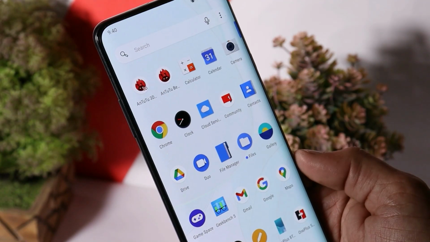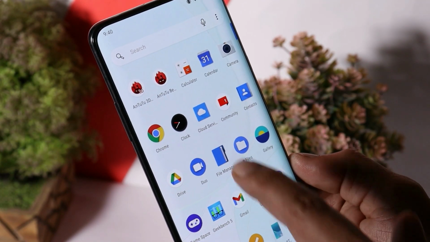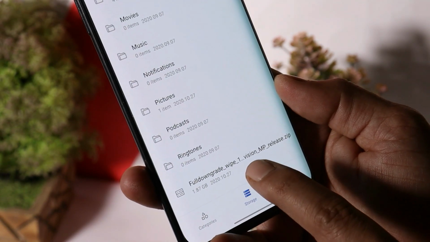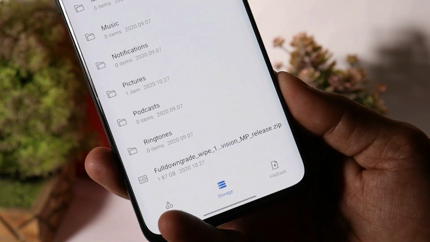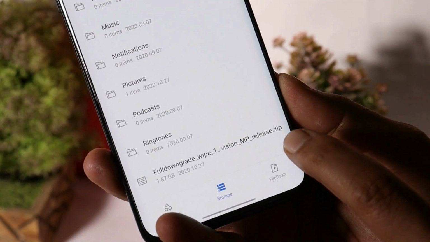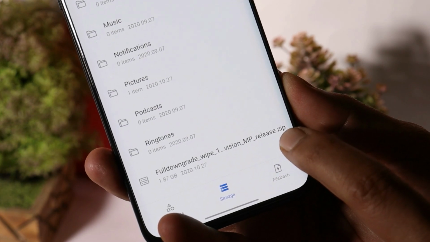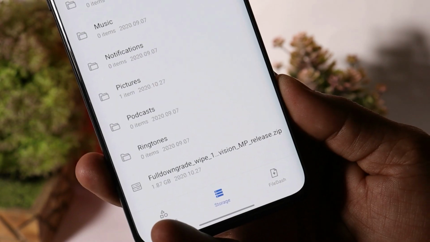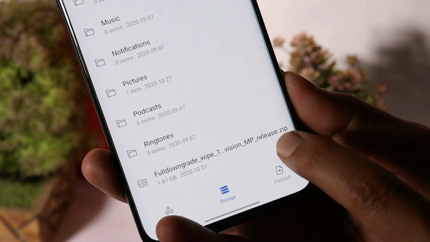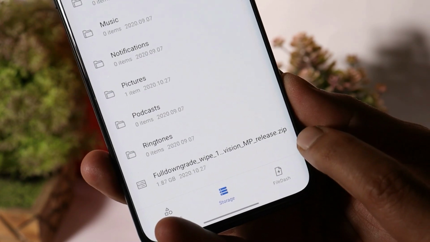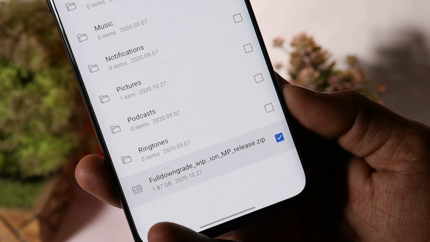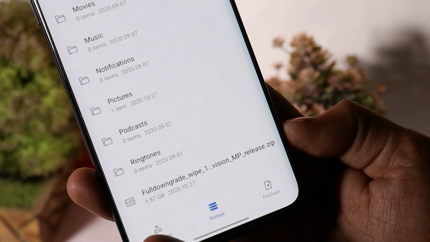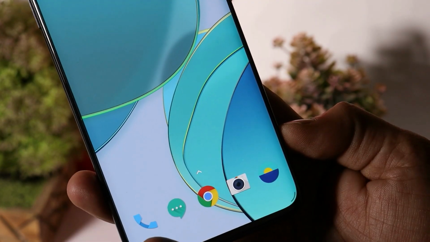So I've already taken the backup of my device, and once you download the file, you need to place that file inside the internal storage. So here you can see I have the full downgrade file for my OnePlus 7 Pro. And once you place this file inside your internal storage, you need to make sure whether this file format is in .zip, which means zip. If you download this file using your mobile, then this file format will be something like .zip.jar. You need to rename this file and remove .jar from the end, and then later save the file. So here file format is zip, so we can start the downgrade process.